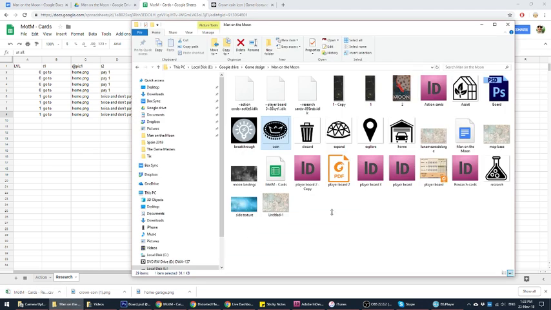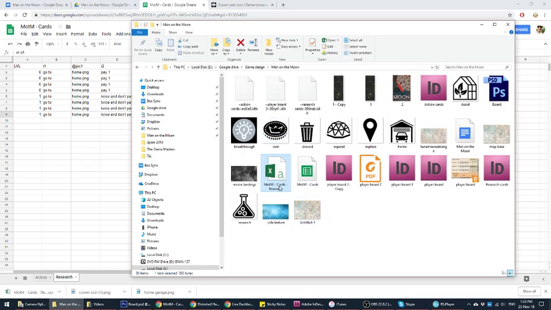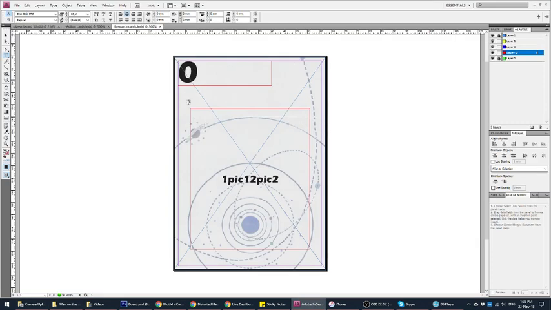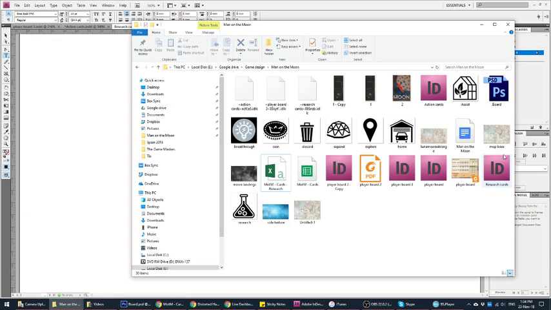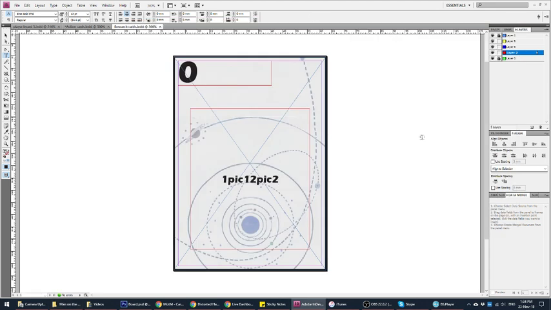And I need to put that as well in the folder where the InDesign file is at. Right now you see research cards InDesign, and I'm going to see it over here, research cards. So I need to put the my coin and home, and the sheet doesn't have to be here, but it's just a lot easier to do it that way. Okay, so I'll just go into the data merge